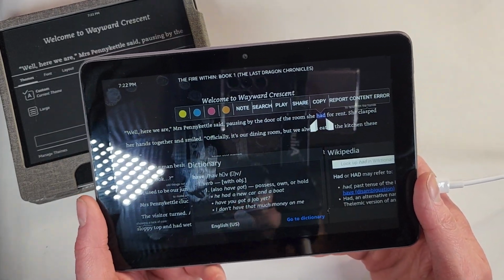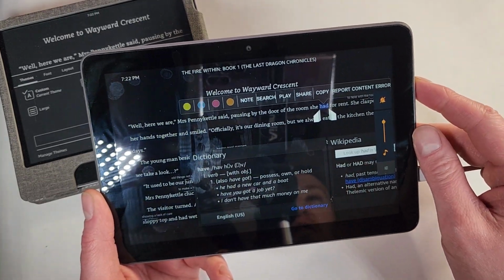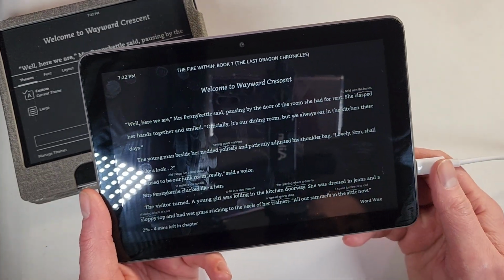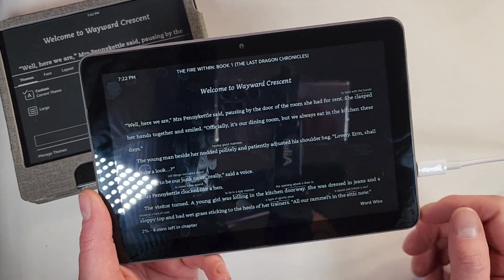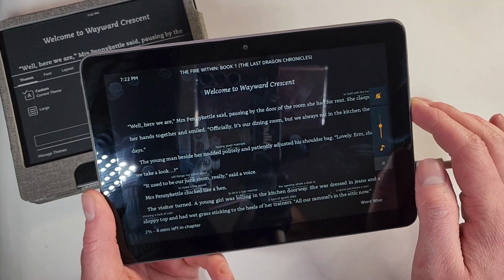So if we turn up the volume here, now that we have that turned on. Hat for rent. She clasped her hands together and smiled. Officially, it's our dining room, but we always...